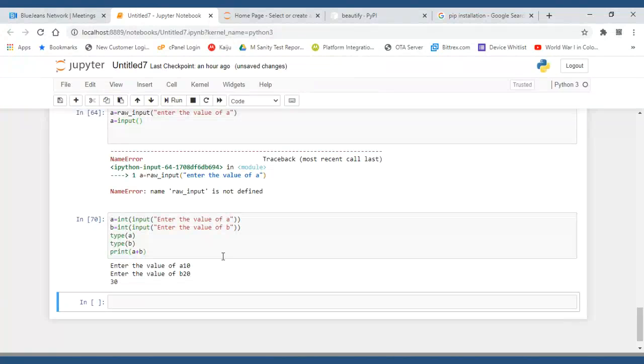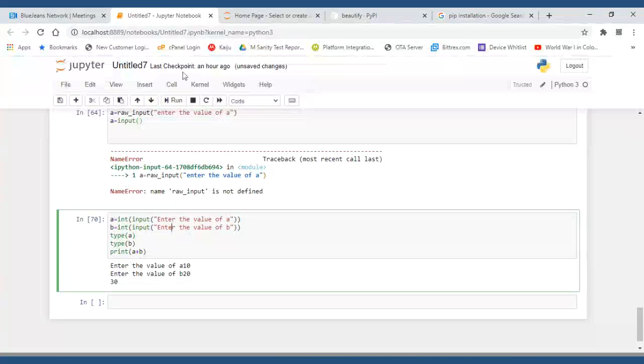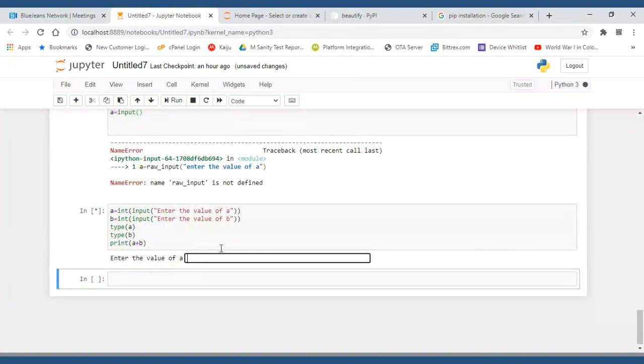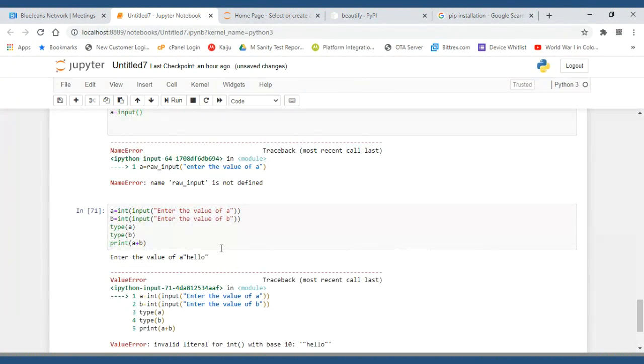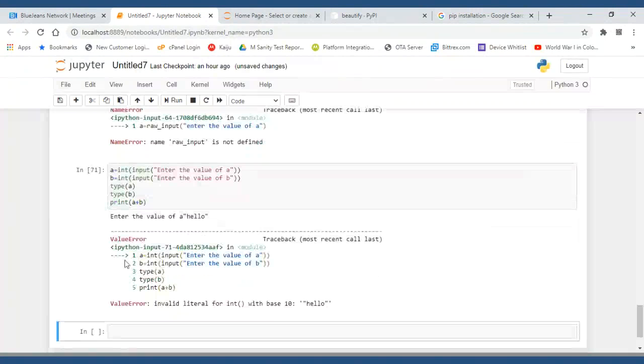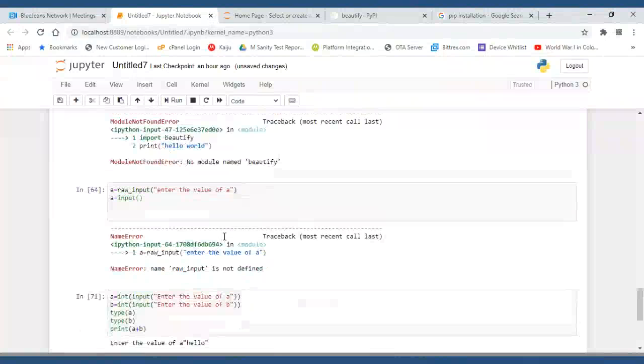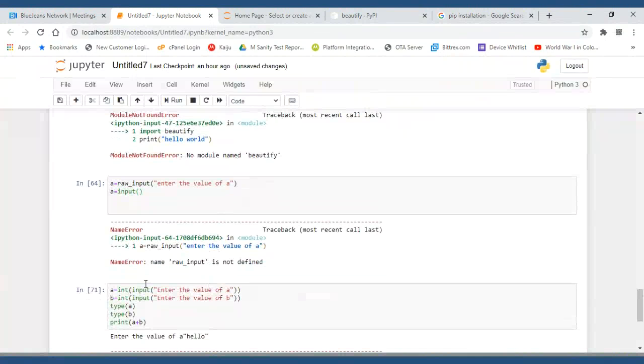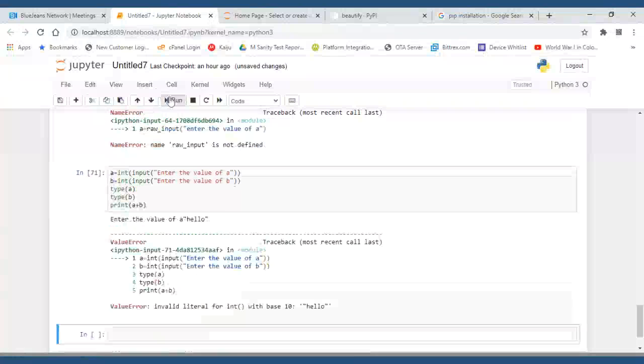Now what happens if I give some values wrong? I'll run this. First thing I will give hello. Immediately, because Python is an interpreter language, it will check the first line. If you are giving a string in place of an integer, on the first line only it will give you output saying, oh boss, something you have done wrong on the first line. So you have to go and fix it, and then rerun it.